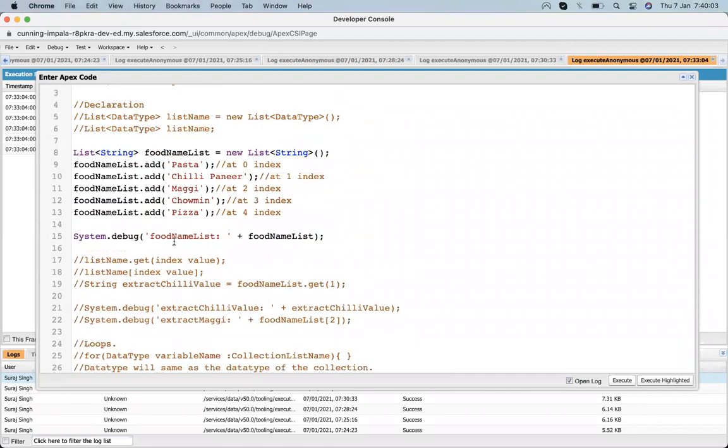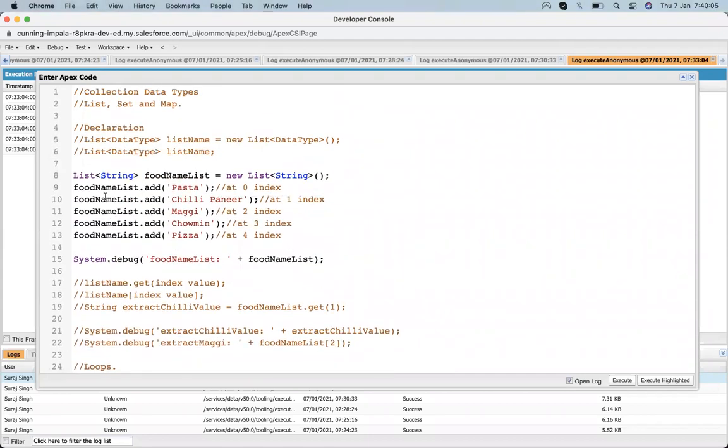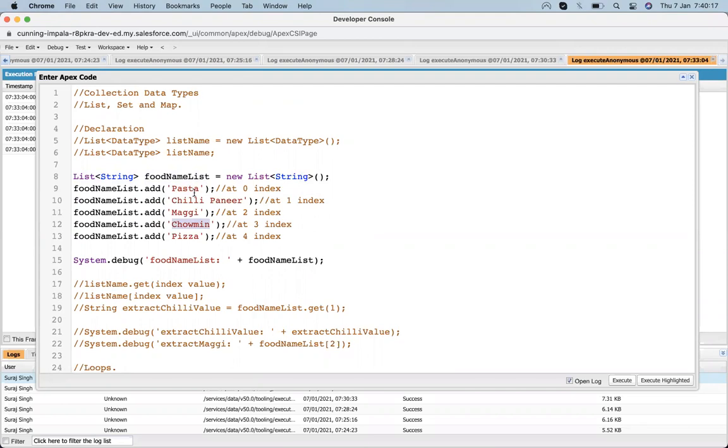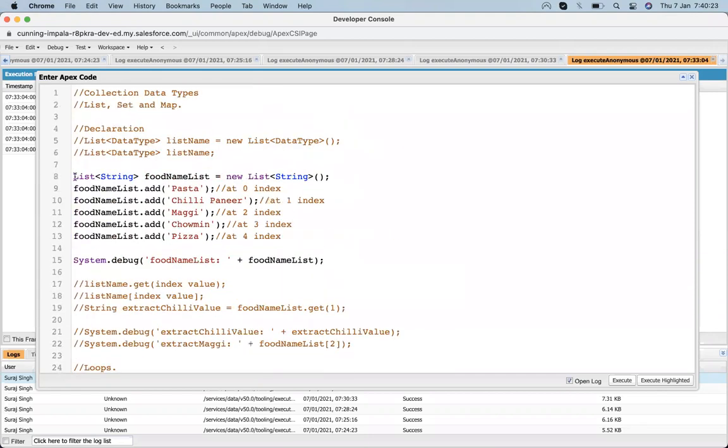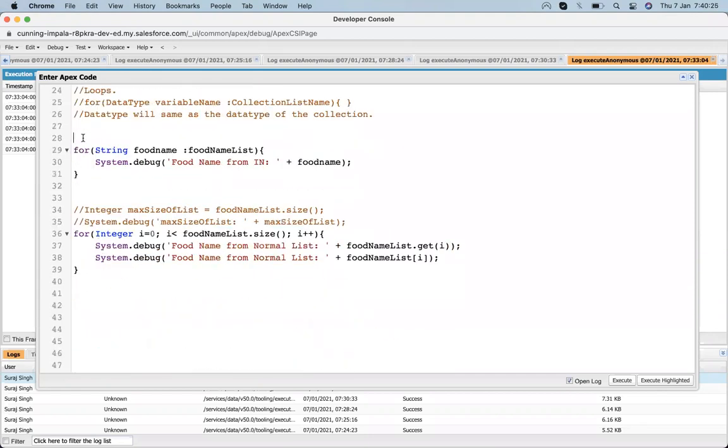Suppose we also have a situation where we need to add values inside a set. Let's have a look at how we add a value and how we work on the set. So for working on the set, let's comment this out.